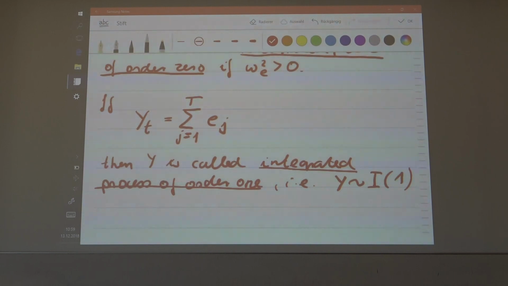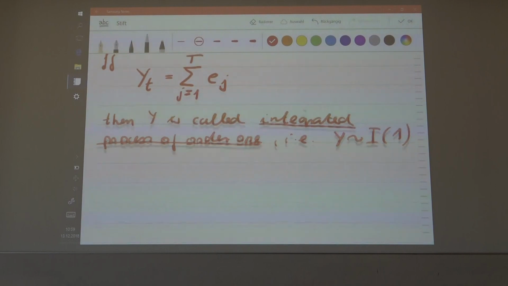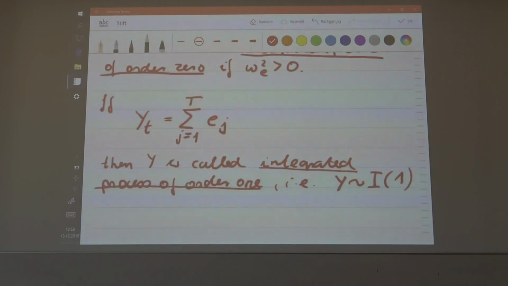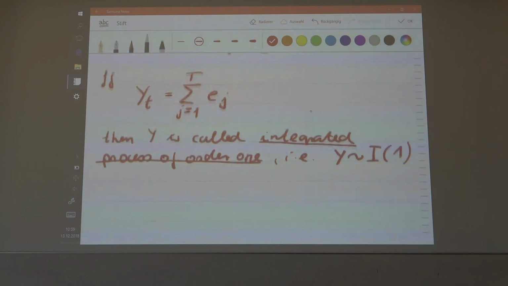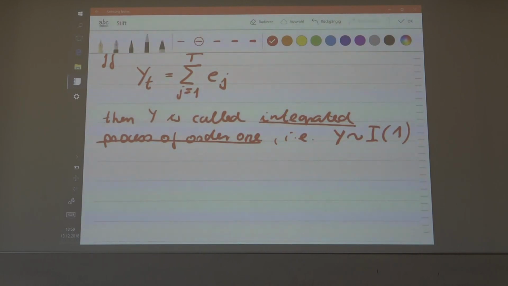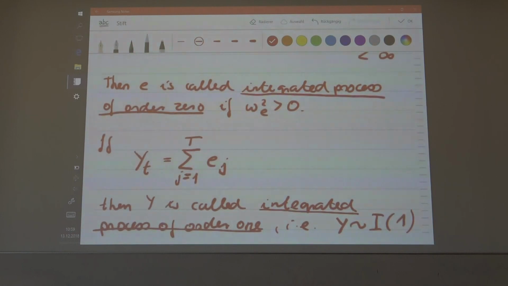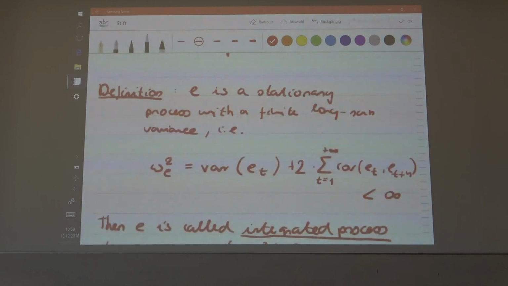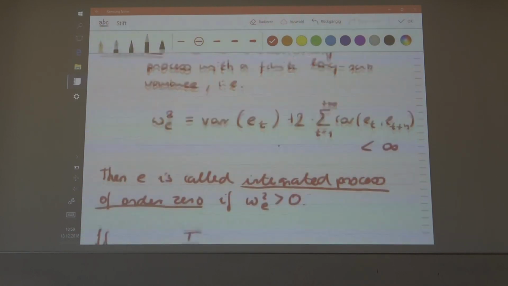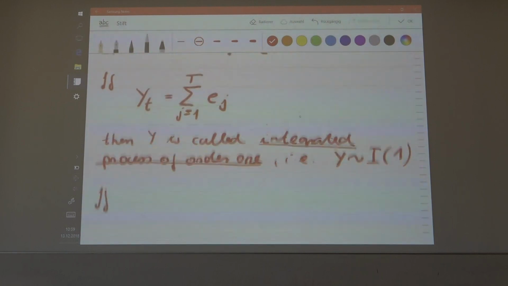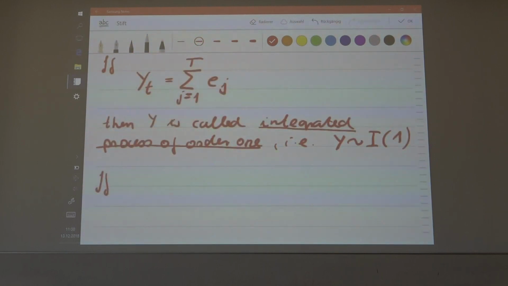Now, there are different cases here. I will explain what order 1 and order 0 mean, but we need a little bit of time for this and need to accept this. There is also a third case, the stationary process with 0 mean. I forgot to add this here, and I will continue here.